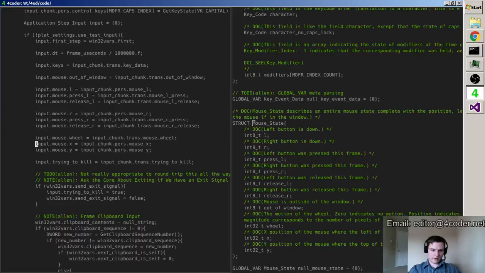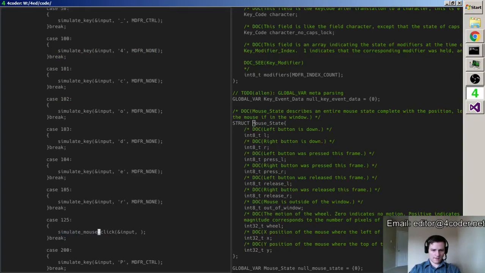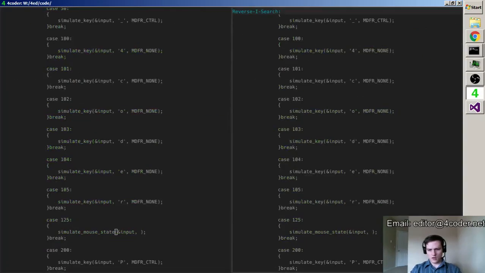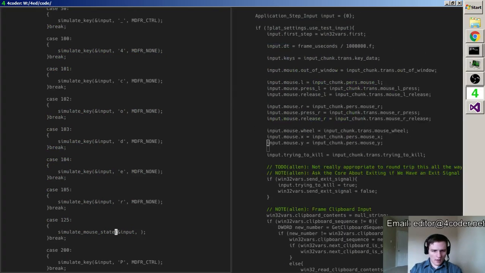Speaking of which, why is that written that way? Okay. So I think I'm going to just say simulate mouse state instead of press. And then input.mouse. Alright.